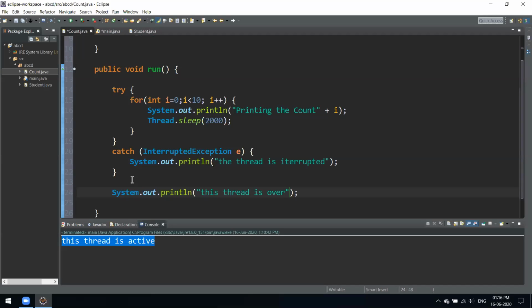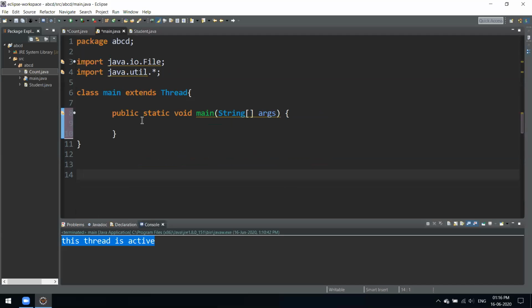So that's it, we created one process over here. Now we will go to our main class and see what we should do over there to make this work. Inside this main class, as we know, we'll first create an instance of that class. The name of that class was Count. We'll name it count only. So we created this instance over here.